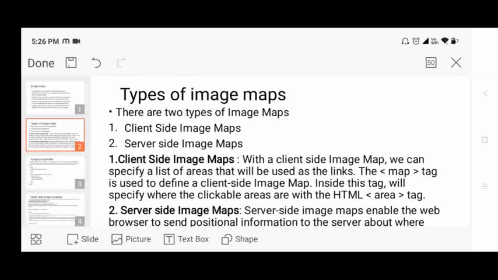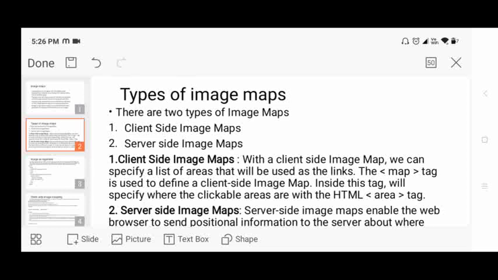Means if you are creating image maps, then it is called a client side image map. But client side image maps are created using a map tag. So what tag? Underline that point. What tag are we using? Map tag. Using a map tag, we can create clickable areas on the image. And if you are using a map tag, then this is called a client side image map.